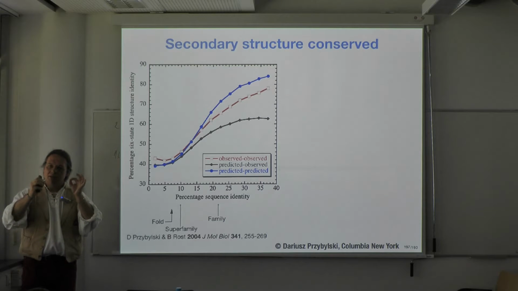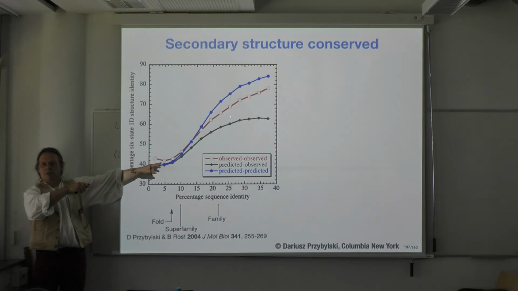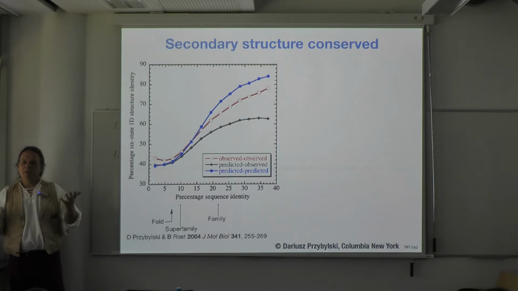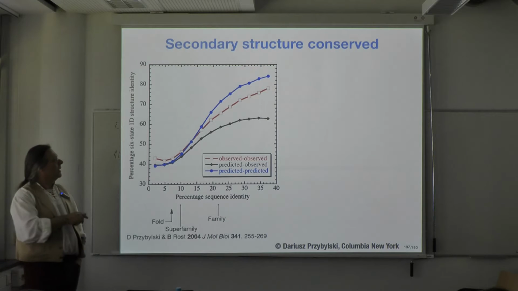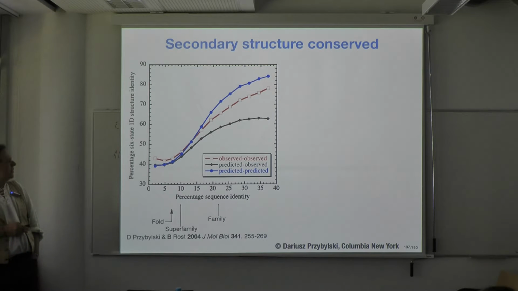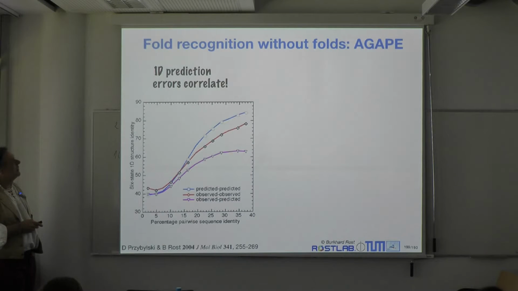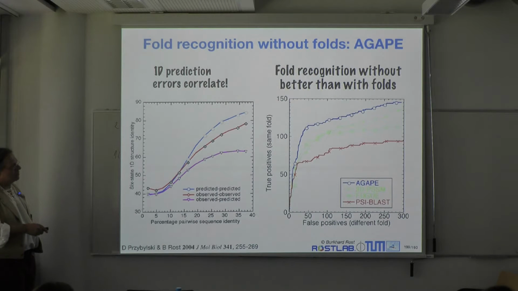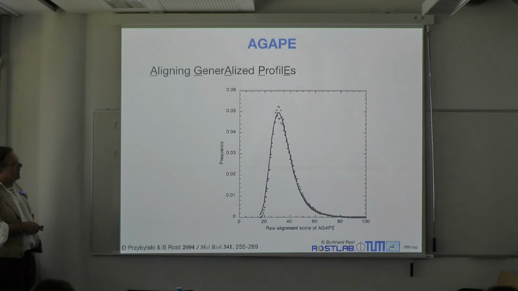Where they make mistakes is more movement. That's where the red ones also differ. Where they are consistent is where movement is less. And that brings this number higher, which is a remarkable finding. Dariush, thanks for the slides, and that you can use to improve the prediction PSI-BLAST, and then use something like this here. You can do much better. Okay,